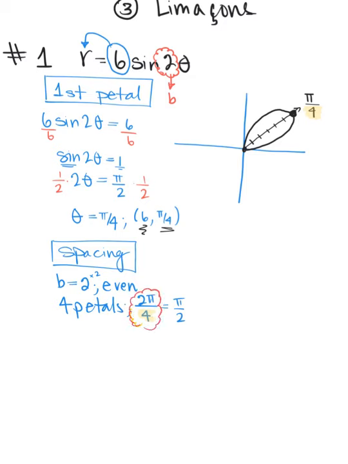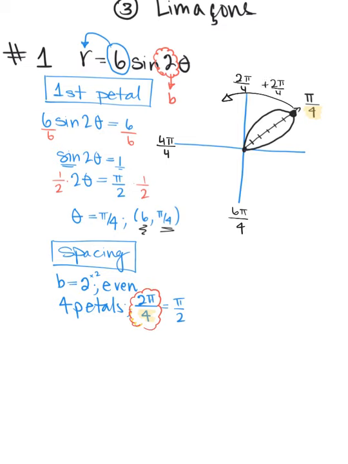So then for my spacing, that means I'm going to add 2 pi over 4 to each petal that I draw, and that's how far apart I would be. So I'm going to go ahead and mark out my common denominator as well. So that would be 4 pi over 4, 2 pi over 4, and 6 pi over 4. So I'm going to add 2 pi over 4